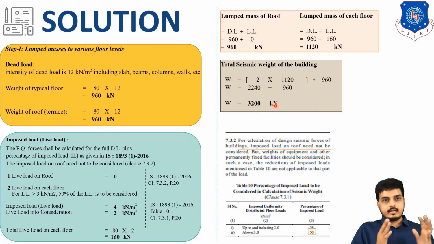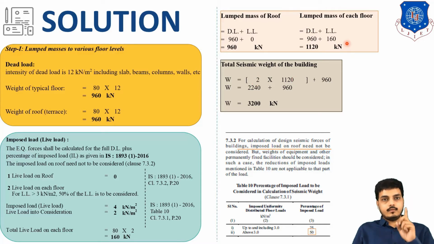What we did: dead load calculation for roof and floor. We did live load calculation, for roof it is 0 and for floor. At last, we will be multiplying by the number of floors there are. Let's suppose there are 4 floors, then there will be the value of 4. And if there are 5 floors and 1 roof, then it will be 5 multiplied by this.